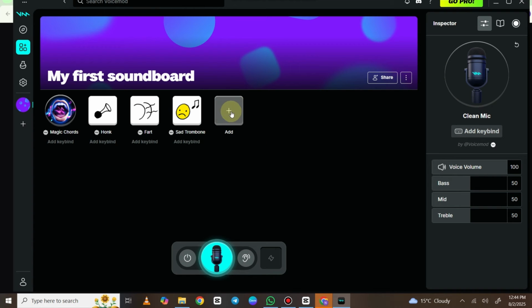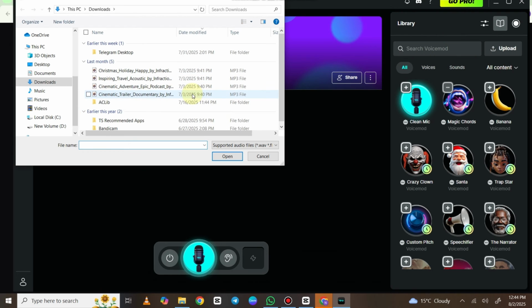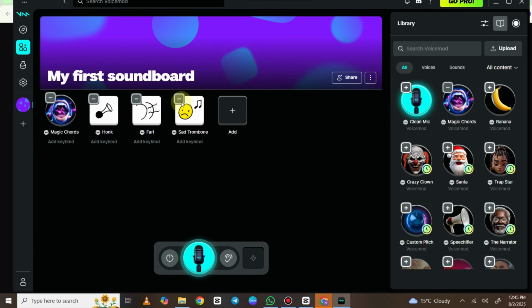Now what we can do is click on the plus icon to go and add our own custom music as well. You can just press upload sound in the top right hand side, click on upload sounds, and then you can upload an MP3 sound from your computer, or you can just go and select from one of the free sound effects already included. So what we can do now is go and open up Roblox and then just go